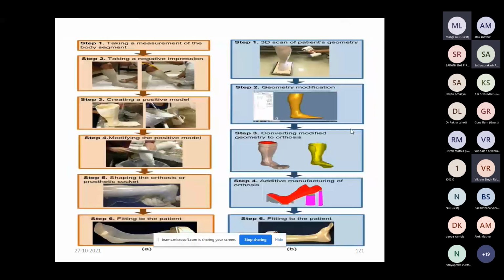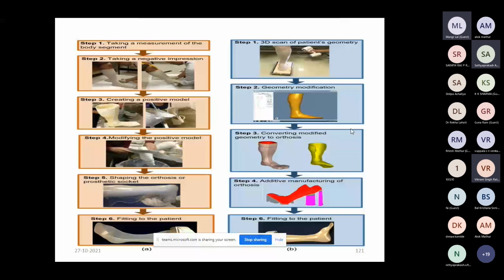Generation of a prosthetic limb. So on the left side, you can see, for example, taking a negative impression of the leg, of the missing leg, then creating a positive model through the casting process, then modifying this positive model manually or by conventional process, and then shaping of the prosthetic socket according to the dimension of the patient, and then fitting of the patient.